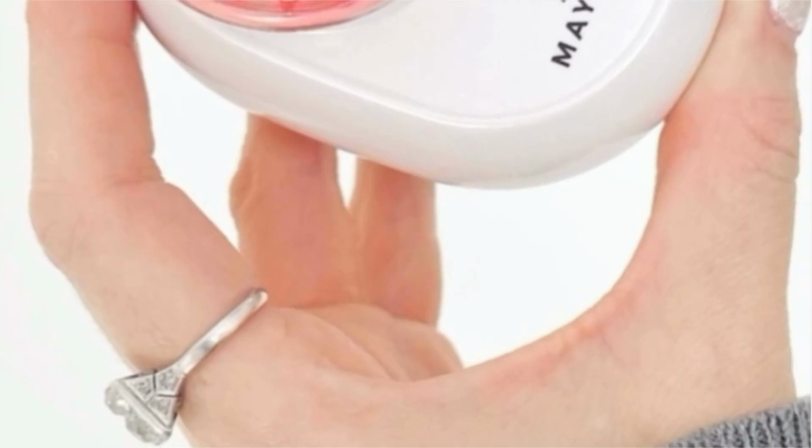Hello, today I'm ranking microcurrent devices from my least favorite to my most favorite. I have the top 3 competitive brands plus a new microcurrent device that you might want to consider. I think it's first really helpful to understand whether you feel microcurrent would be a good addition to your skincare